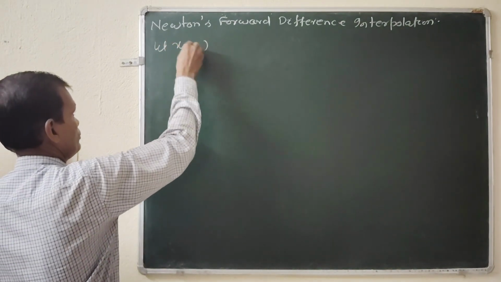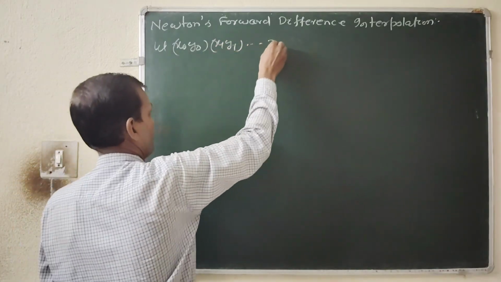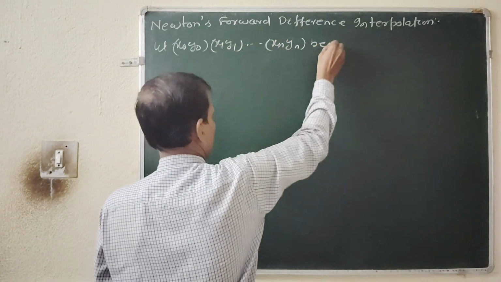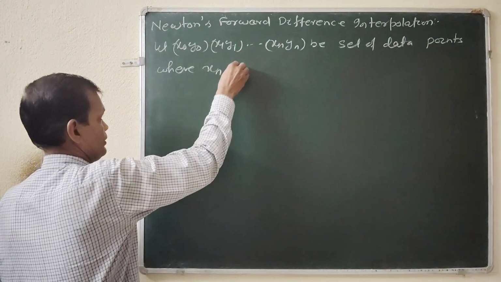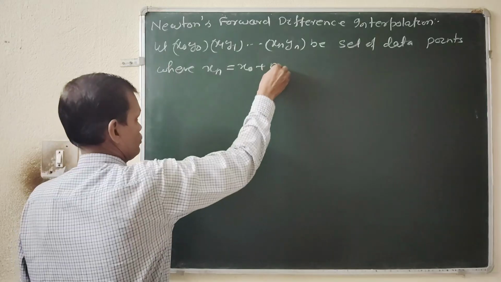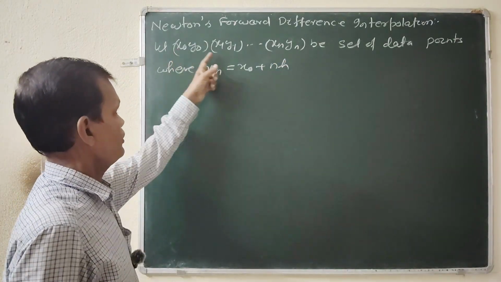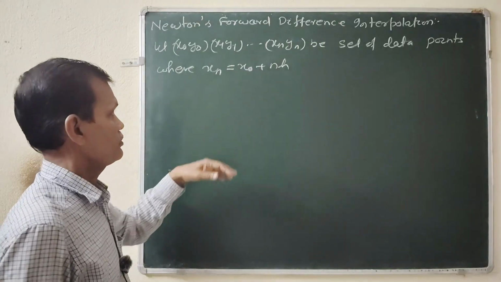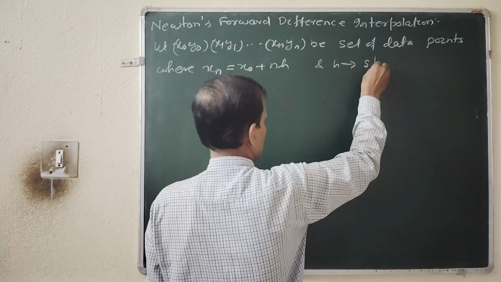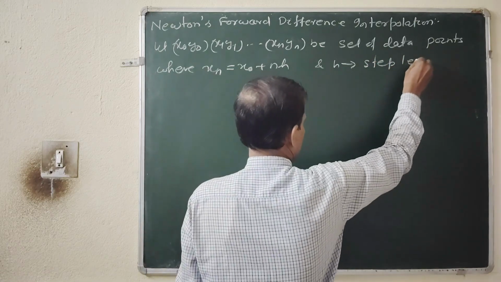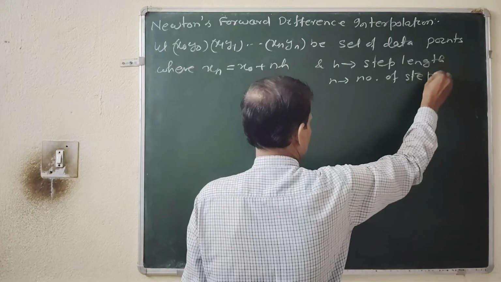So for that our requirement is, let x0 y0, x1 y1 up to xn yn be a set of data points where xn is equal to x0 plus nh, meaning the set of data x0, x1, x2 up to xn are equispaced. Here h is the step length, n is the number of steps. Okay,